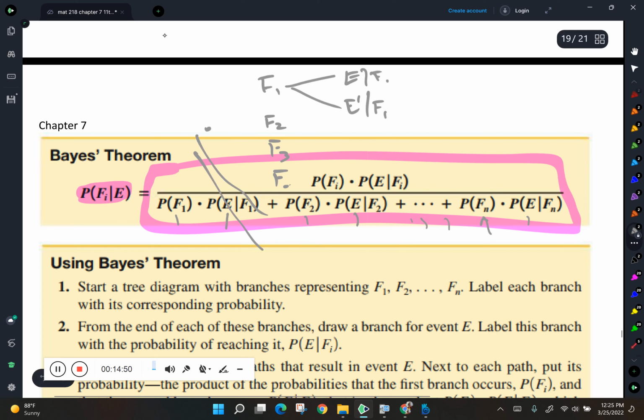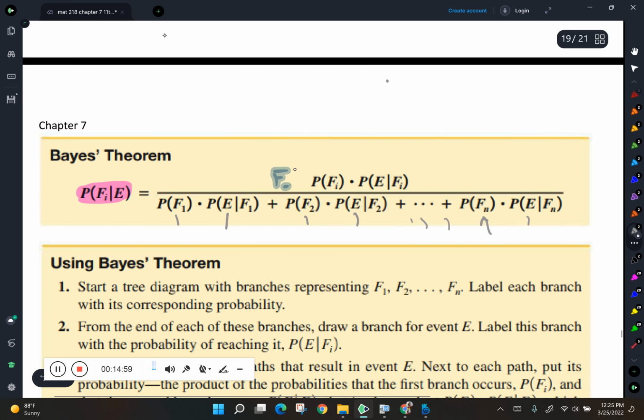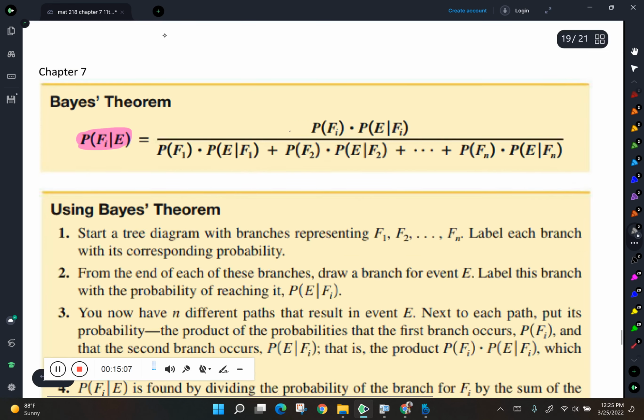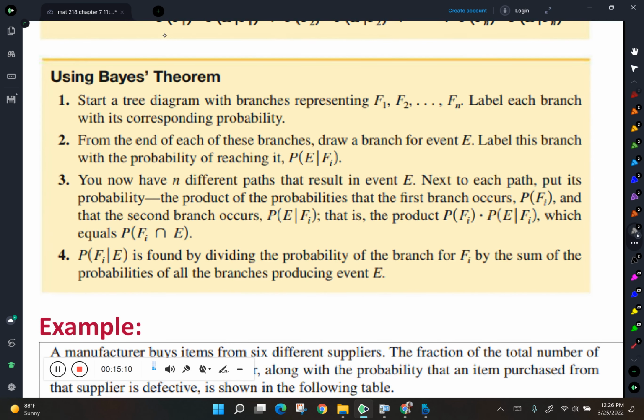And that's actually Bayes' theorem. We have the simple version, if you want to call that, the least complicated version of Bayes' theorem, because we only have that one event in the first stage. It either occurs or it doesn't occur. So two branches. Using Bayes' theorem, do what we just did: draw a tree diagram, label each branch, find the branches that matter, put it all together into the proper format, and then do a whole bunch of arithmetic.